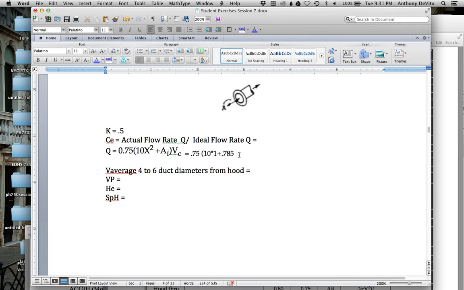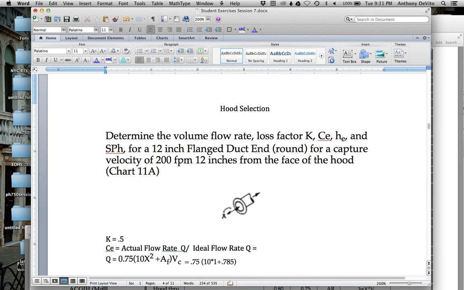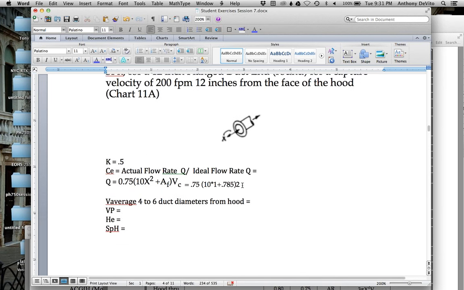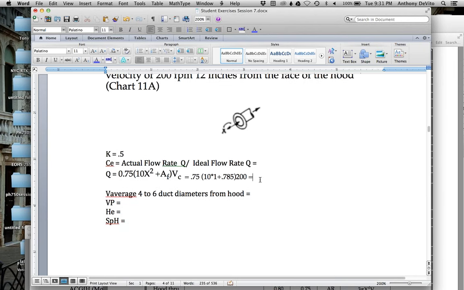Okay, plus 0.785. That's the area, pi times 0.5 feet times 0.5 feet. Pi r squared converted into feet. So the area is 0.785 square feet. I'm going to put those together, and I'm going to multiply that by the capture velocity I want. My capture velocity was 200 feet per minute. I'm going to use those units, feet per minute. Okay, and my answer is going to be, let's see, 0.75 times